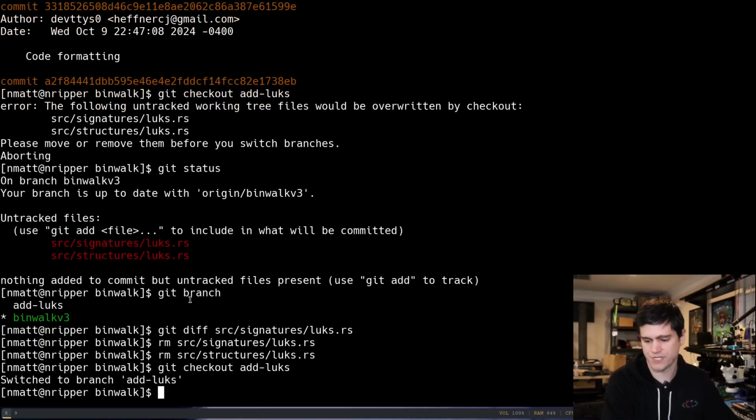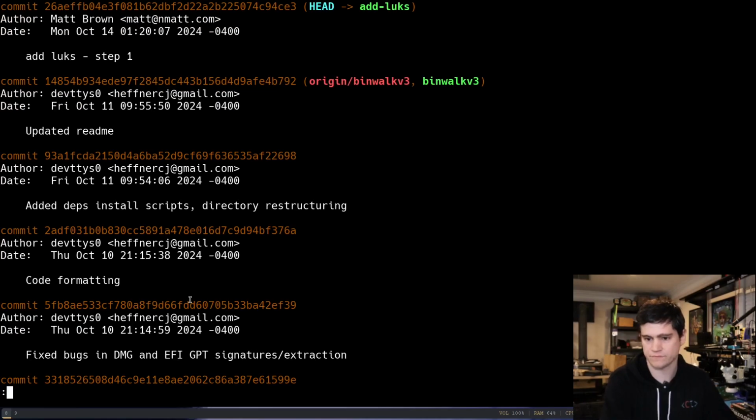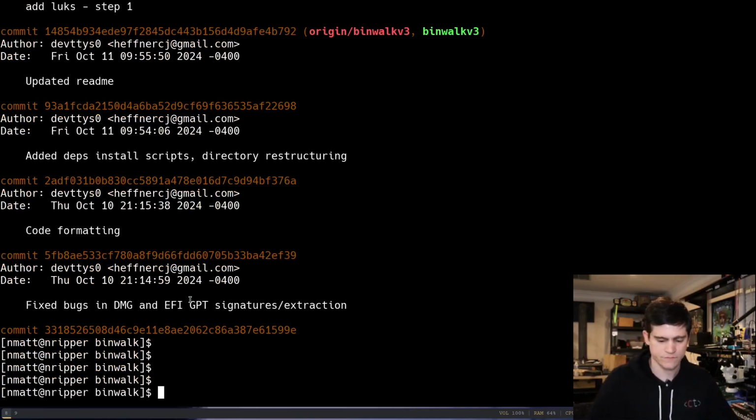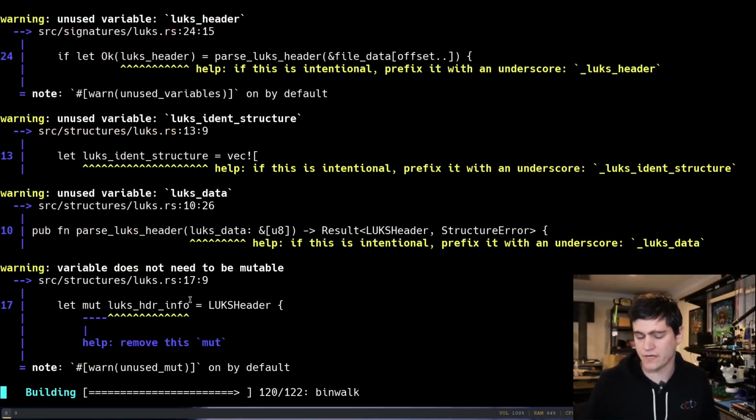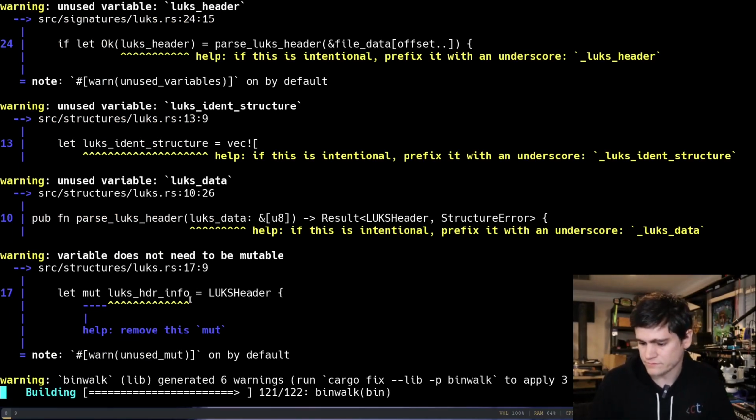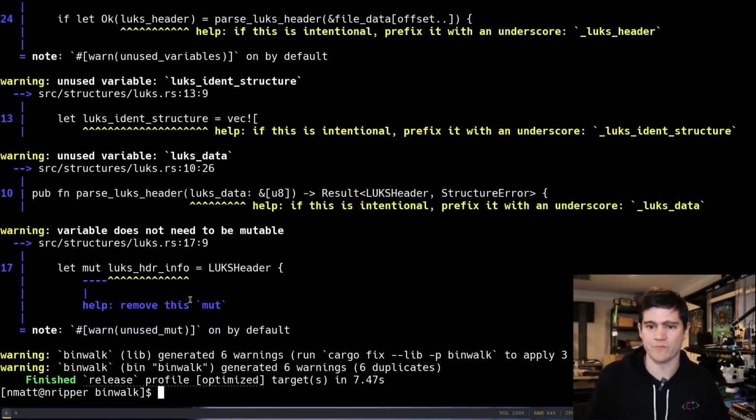And now we're going to check out my changes. Cool. And now I'm going to recompile. So we're going to do cargo build --release. Part of this is to make sure that it compiles correctly. Okay, yeah, I'm getting a bunch of warnings because my code is crap and I'm really new to coding in